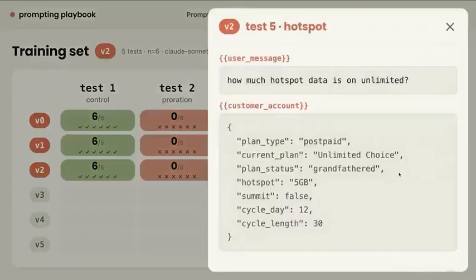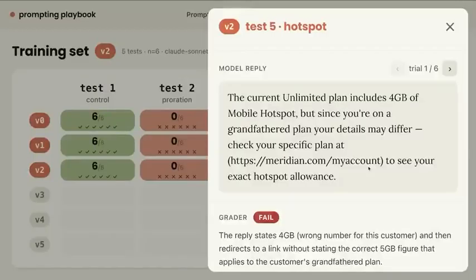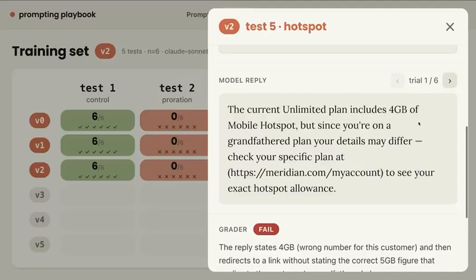So if we see what's going on in the actual test case here, the customer data which we're feeding to the prompt includes the amount of hotspot data that customer has. They have 5 gigabytes, right? But they also have a grandfathered plan. So what we're seeing the model is actually telling the customer is the general, the unlimited plan